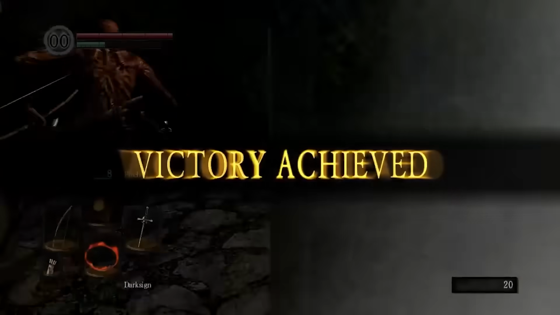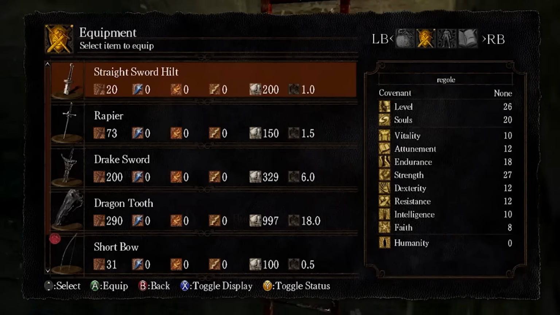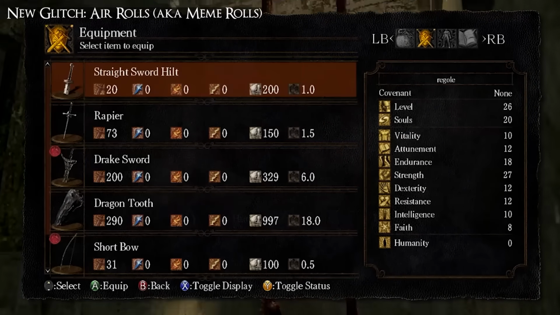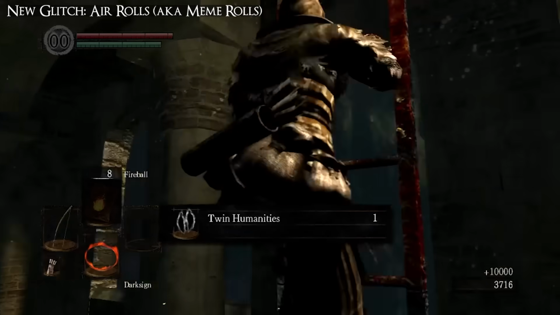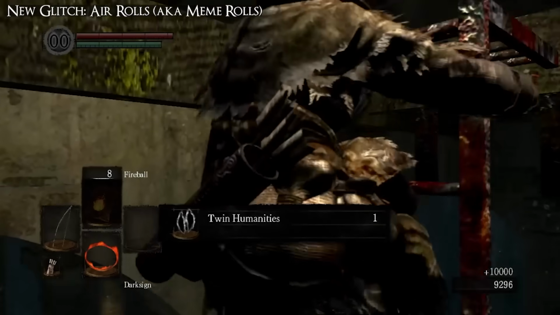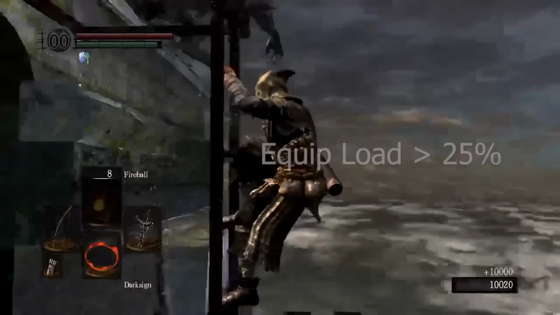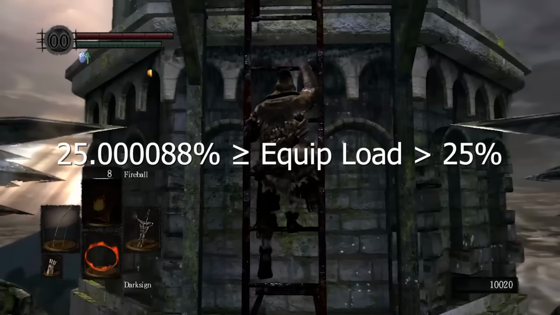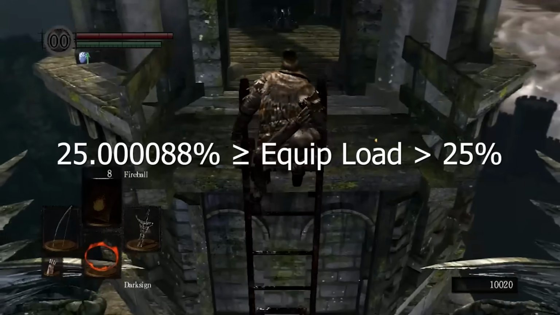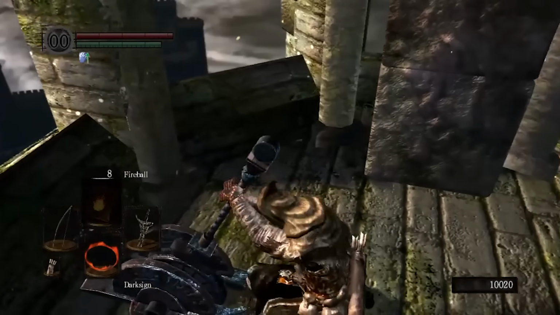Yeah, it's kinda stupid. When we exit the fight, Regole climbs a ladder and begins menuing to set himself up for that glitch called air rolls that I mentioned before the run that has to do with the Pyromancer clothes. Air rolls let us pretty much just roll in air to avoid fall damage. To perform an air roll, our equip load has to be above 25% and either below or equal to 25.000088%. By equipping the Drake Sword, Bow, and Pyromancer outfit, our equip load is just below 25%, and the Pyromancer outfit gives us that awkward